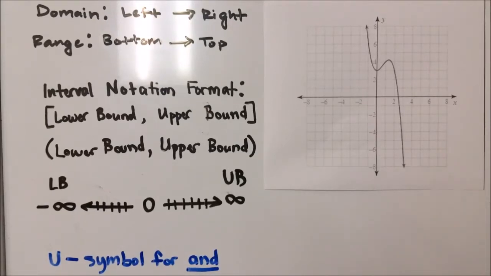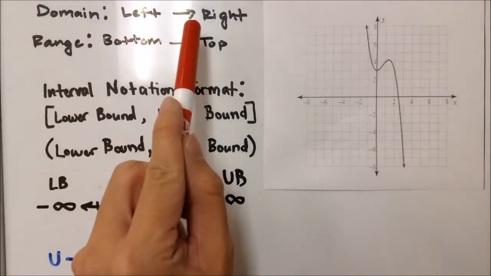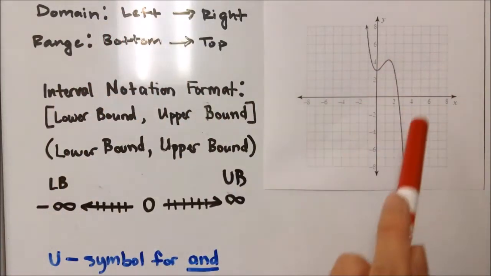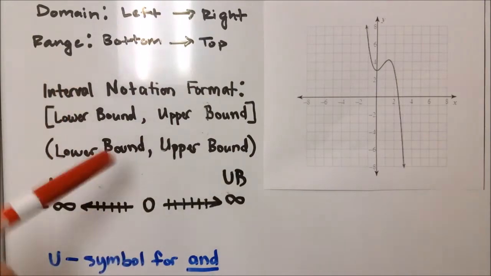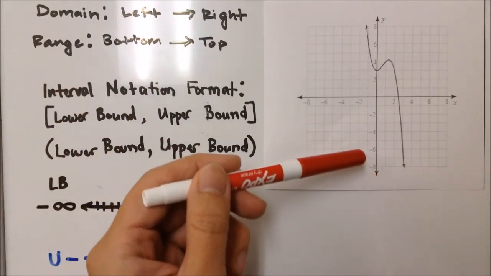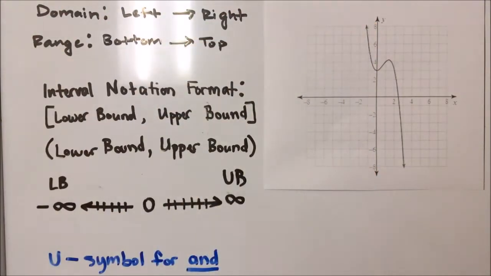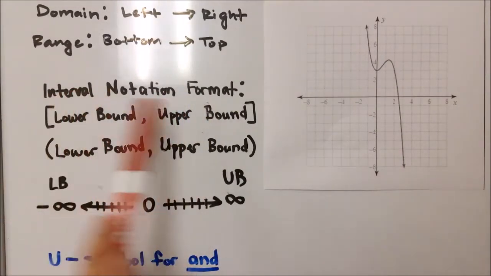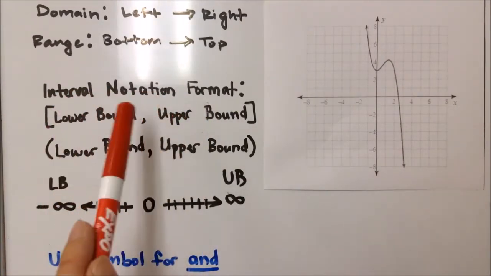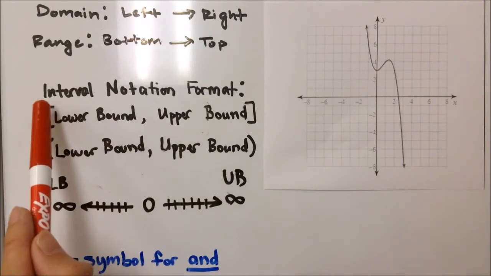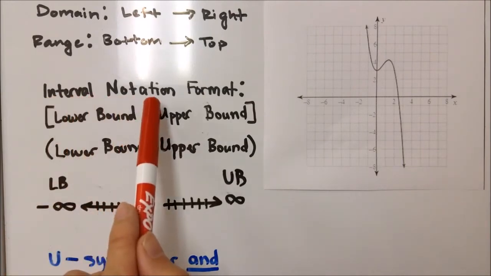When it comes to finding domain and range, there are certain guidelines or rules to follow. For example, for domain, we are always going to look from left to right of the graph here. And for the range, we're always going to start from the bottom going all the way to the top. For our answer part, or when I'm just asking you for domain and range, you give me interval notation, and